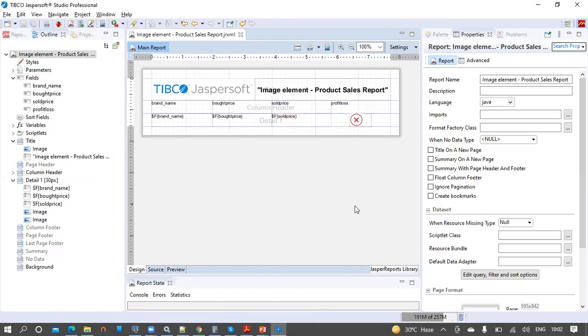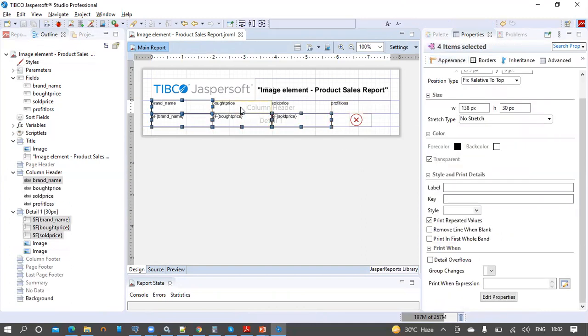So now we are done with the elements of right and wrong on the report design space. So let us see how these images are coming up on the resource. So basically these images are resources to the reports. So let's quickly format this a bit more to have a better look and feel.